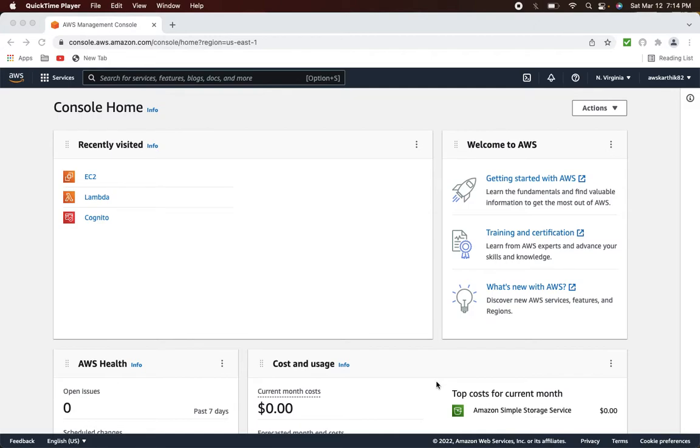In case you have not watched the previous video, which is lesson 1, which is basically configuring an AWS ALB using an HTTPS listener, kindly go through that video, complete that configuration, and then you can come back to this video to secure that ALB using Cognito. But just to give a recap, what I did in the previous video was create an